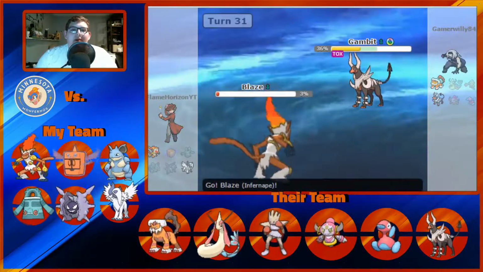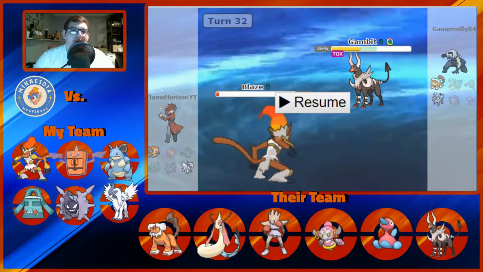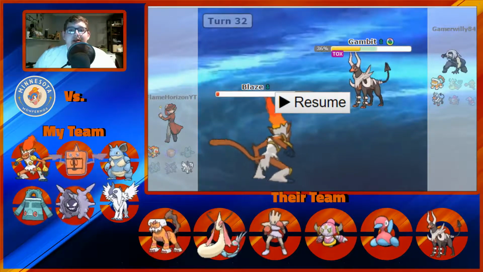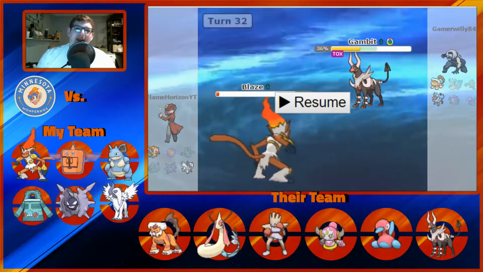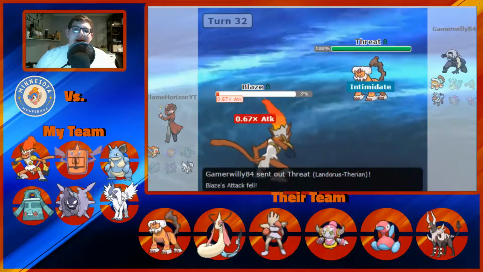Right now, I go into Infernape. Now, right here, I'm sitting here thinking, if he stays in and I go for a Hidden Power Ice, I lose. If I go for Close Combat and he switches out into Landorus, I lose. So, I'm kind of in a bad situation here. So, I clicked Close Combat as he switches,